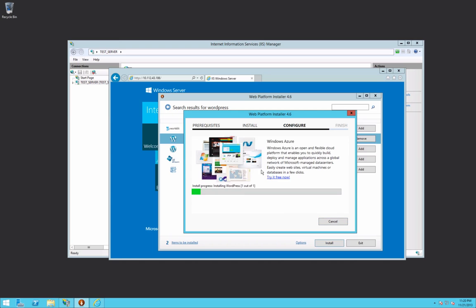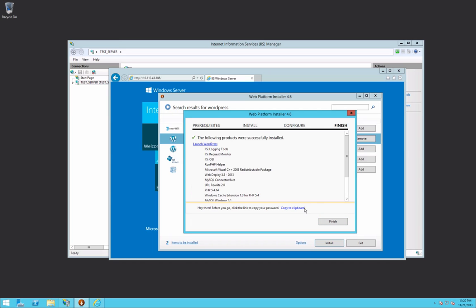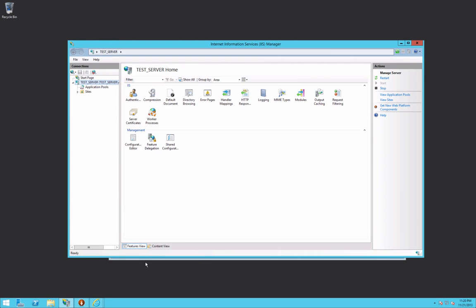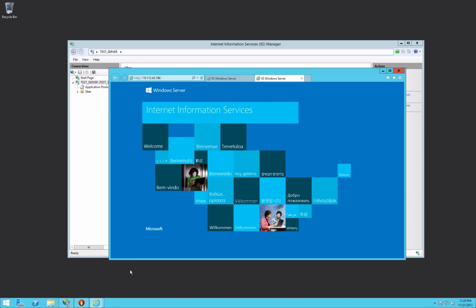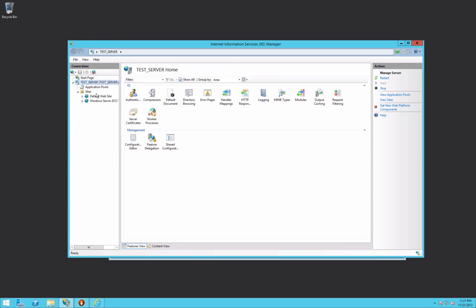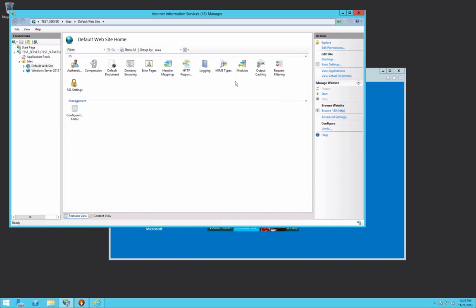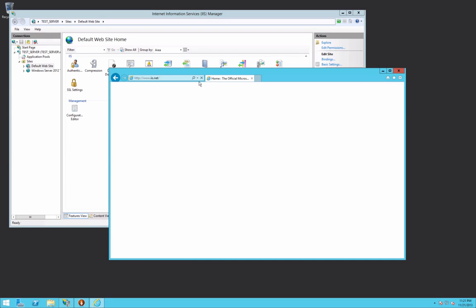And you want to hit yes, and you're finished. So what we got to do is, obviously you saw that it still shows up with the IIS website, and that's a real simple fix. You want to go to the default website and you simply want to stop it. The reason why that's showing up is because they're both assigned the same IP address. So now if we would refresh it,